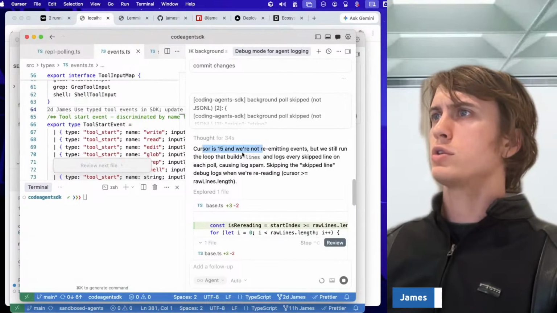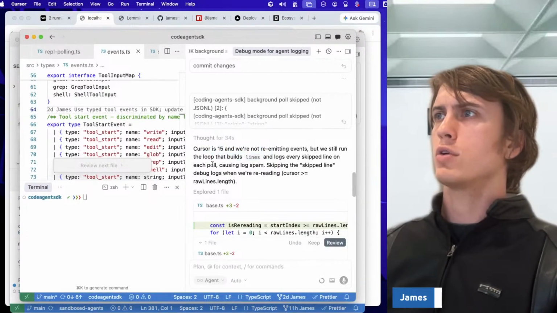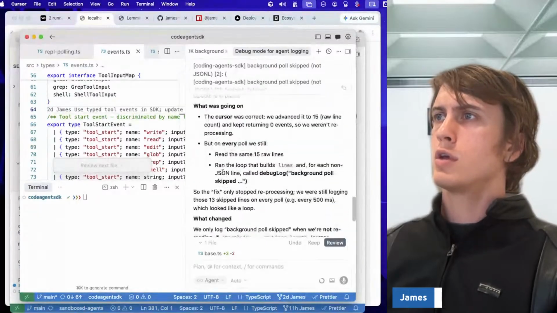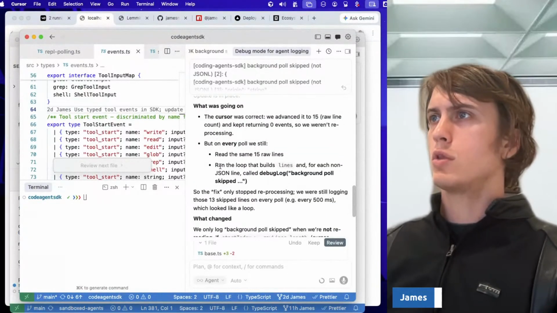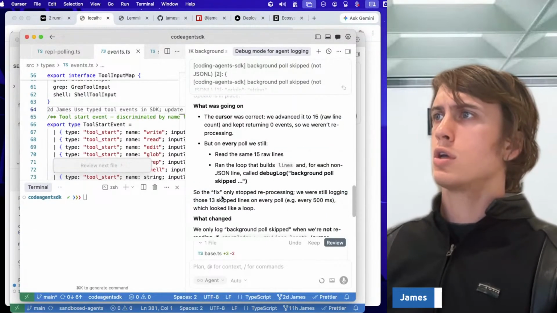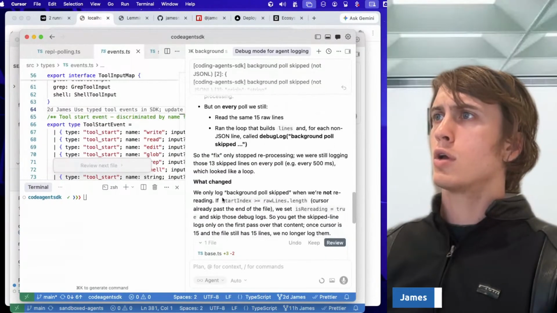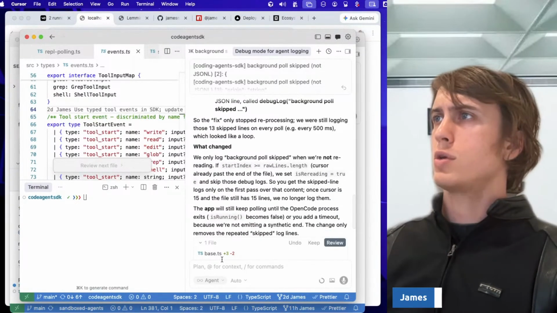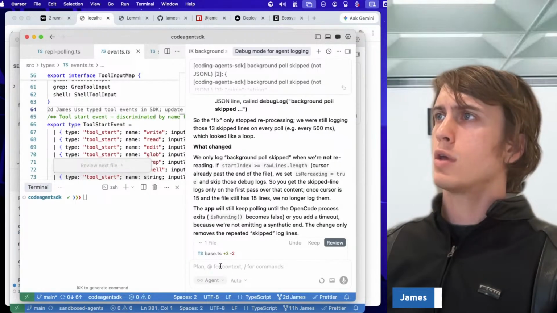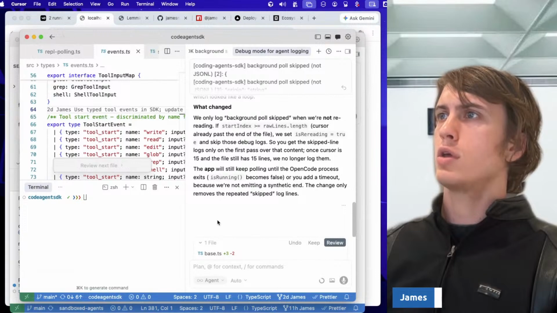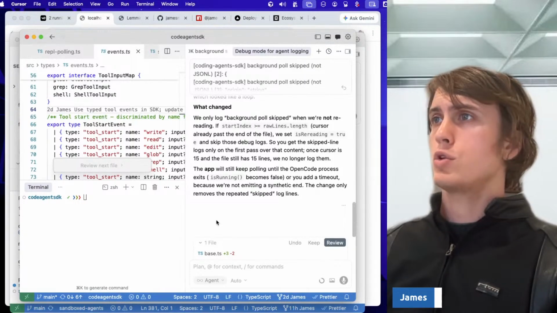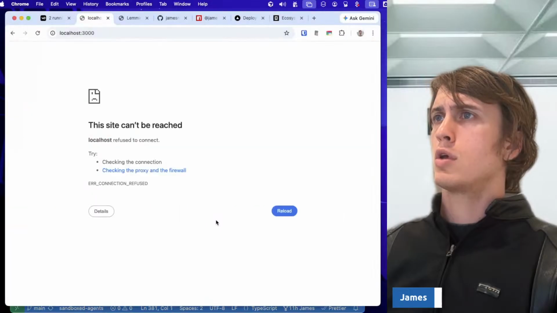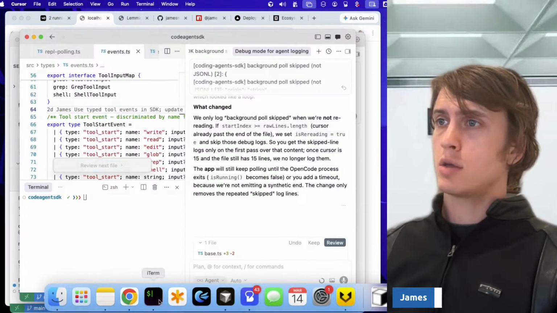Oh, okay, we still run the loop that builds lines and logs and everything. Okay. So it was logging way too much. We only log background poll skipped when we're not rereading. So forget the skip line logs. Okay, the app will keep polling because open code apparently